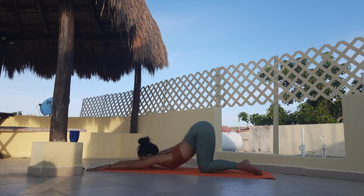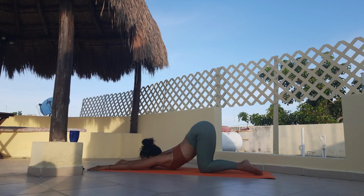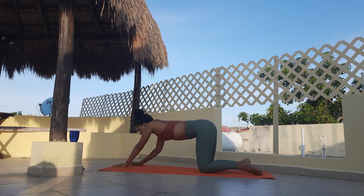So here, be very careful because it can be an intense posture for your shoulders. So if you are here, it's totally fine. Just breathing where you are, breathing into the tension that can appear, trying to relax these tensions, finding comfort. And slowly, slowly pushing yourself up